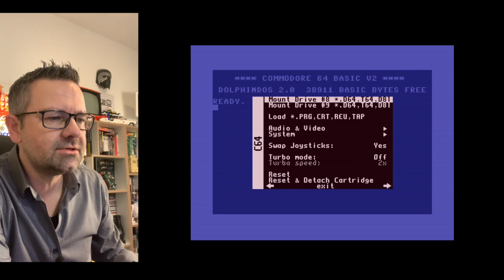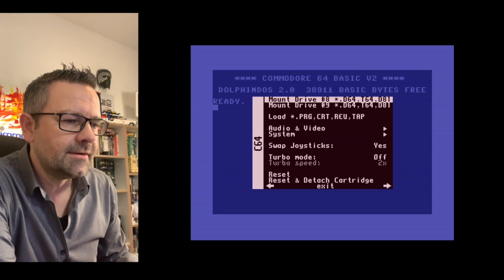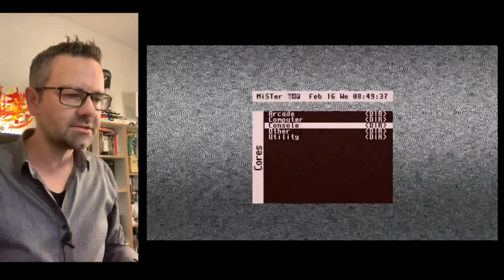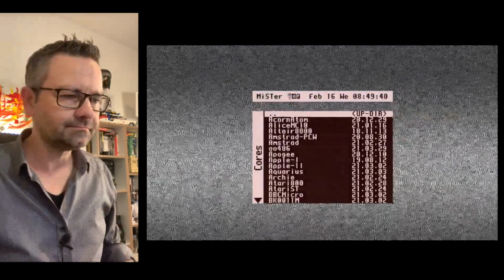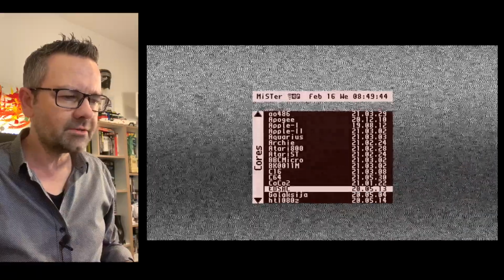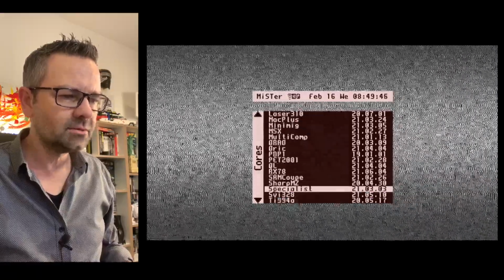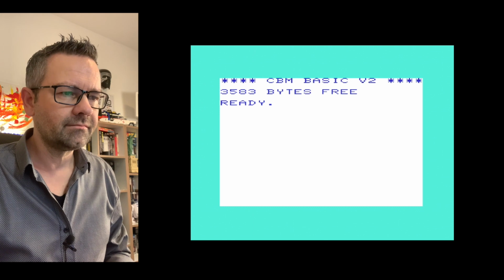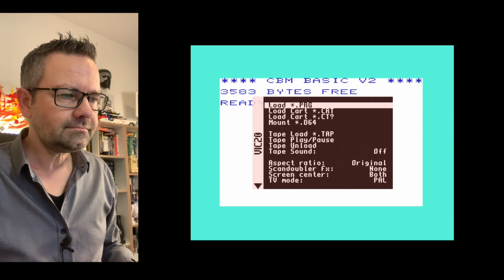So maybe let's go and check out another Commodore core, and let's go and check out the VIC-20 core, which is way down here somewhere. Here it is. Yeah, that is. And you got